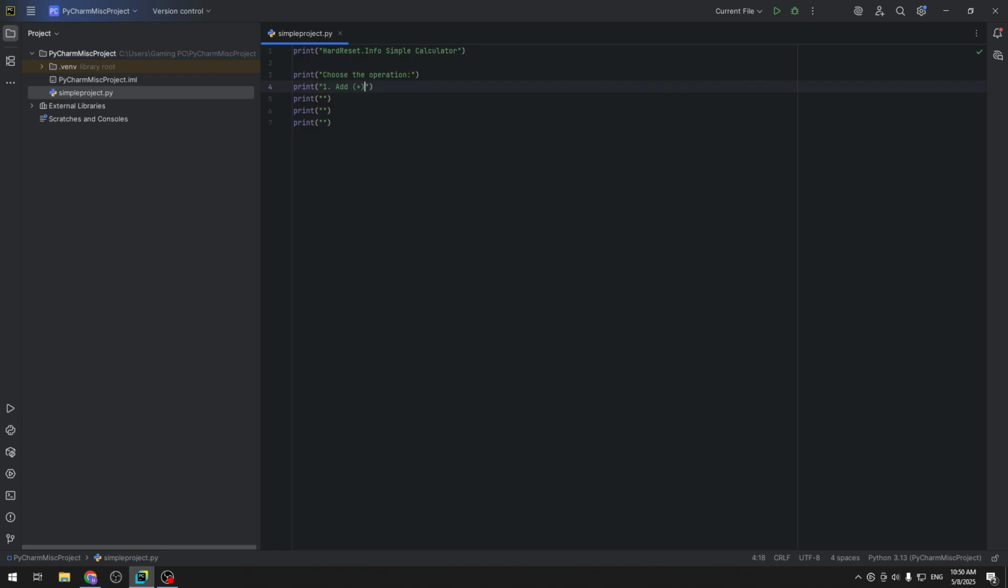and it will be the plus 1. The second one can be subtraction, the minus 1. The third one can be multiplication, and the fourth one can be division. As you can see, four simple text operations that are here,